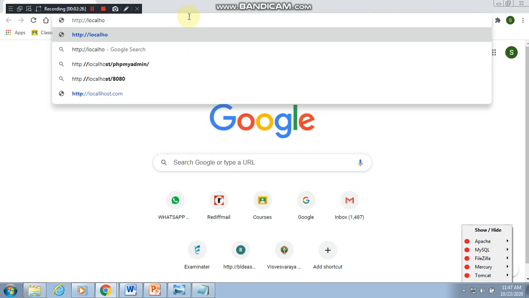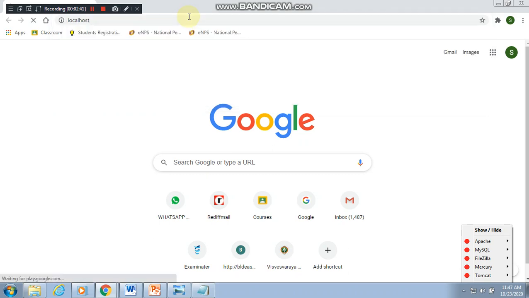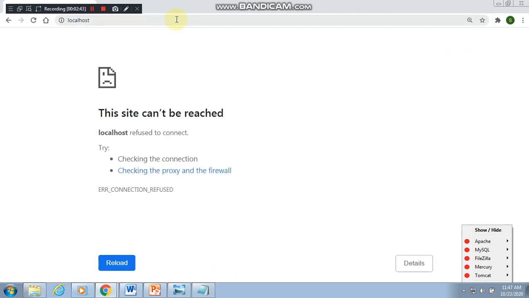We use localhost when we would like to run the server on the same machine. You are not connecting to a web server, rather you want to run your server from the local machine itself. In that case we use localhost. Just type it and press enter.